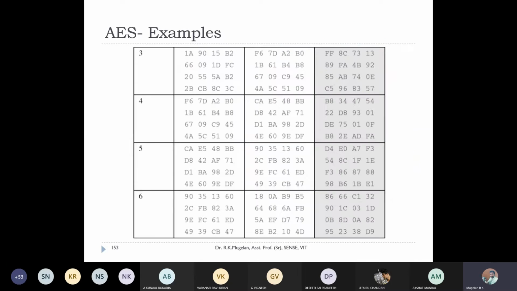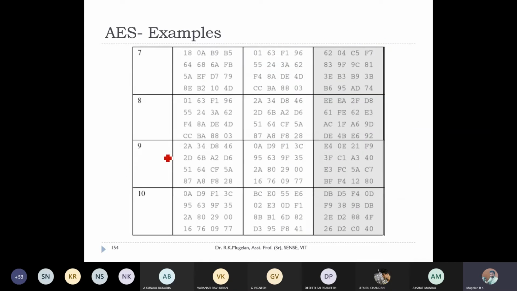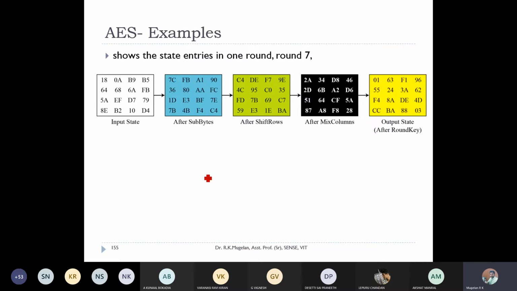Like this it will continue for 10 rounds, and the final output obtained here is the ciphertext. And this one is an operation happening inside round 7. This is the input for round 7, after sub byte, after shift row and after mix column, and this is the output state after adding the round key for round 7.